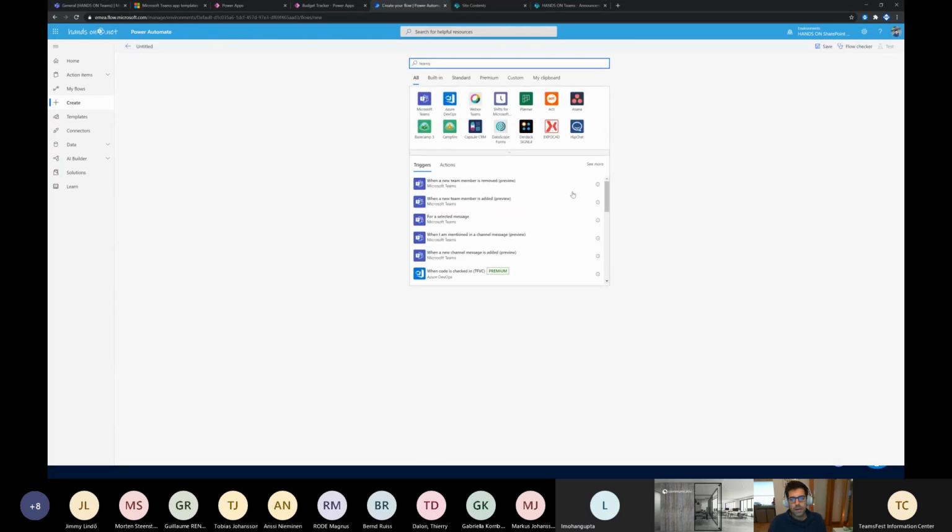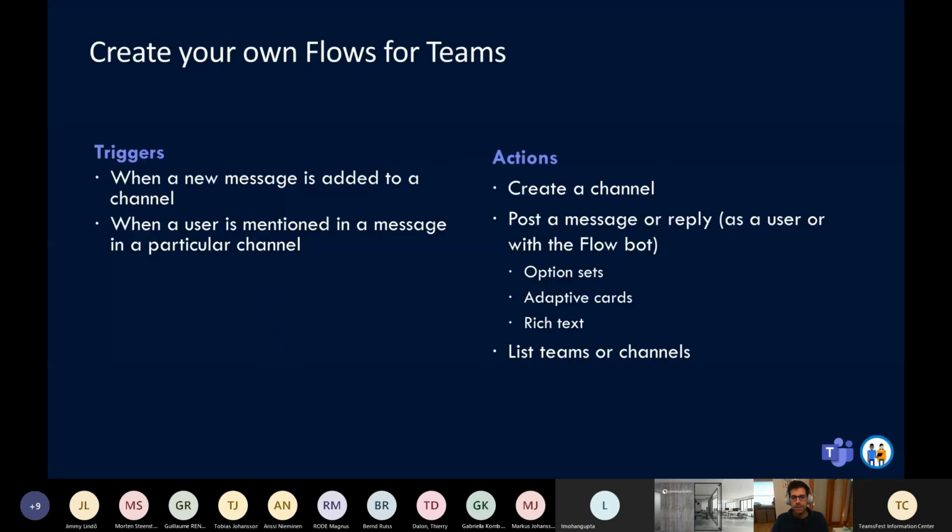For Teams, there are fewer triggers than actions, but you can automate stuff like when a Teams member is removed, when a new member is added, for a specific or selected message, when I'm mentioned in a channel. And this is particularly useful if you want to keep track of this separately outside of Teams. So the sky, again, is really the limit in terms of automation for Microsoft Teams using Power Automate. All right,